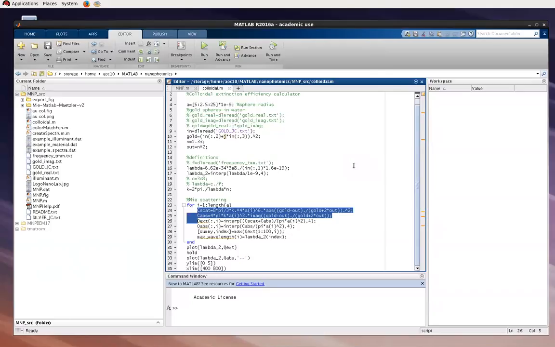All we need to do is to enter the gold, that's the gold nanoparticle, and the surrounding medium refractive index or dielectric index, which is water in this case. So once we run this, we'll end up with